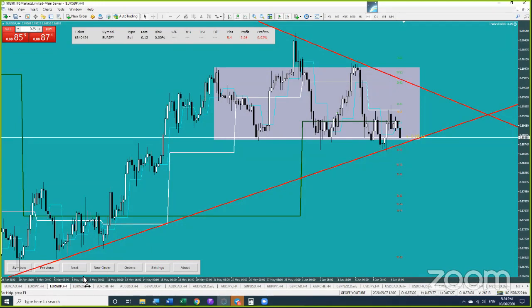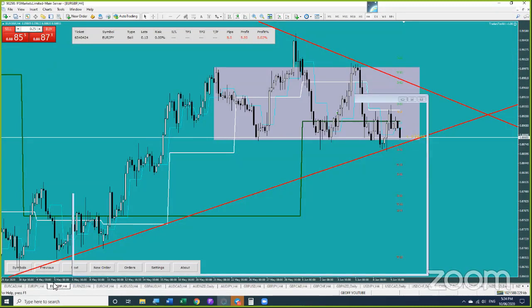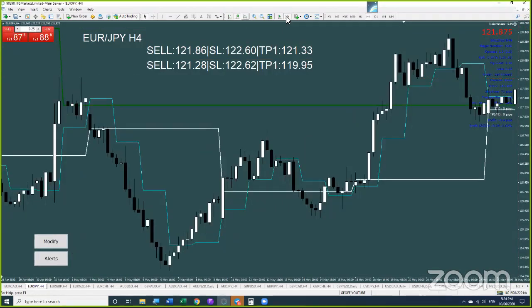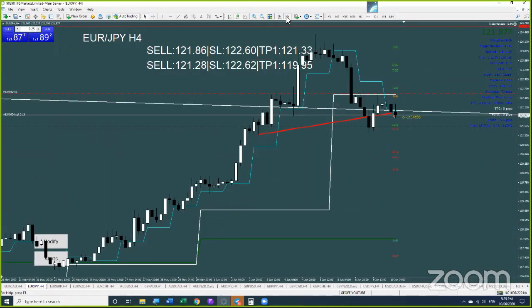Where's I going? Oh, euro yen. That's right, because I've got orders in. Okay, why am I short? Well, I'm short in 2 places. And the reason I'm short in 2 places is we may be just a little bit early with this. Like maybe we were a little bit early with